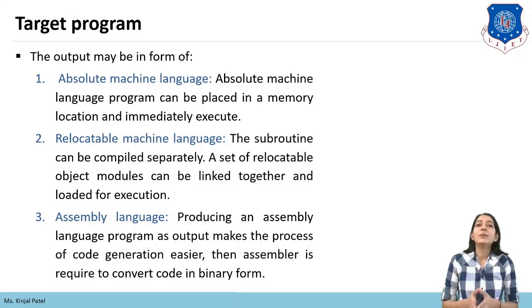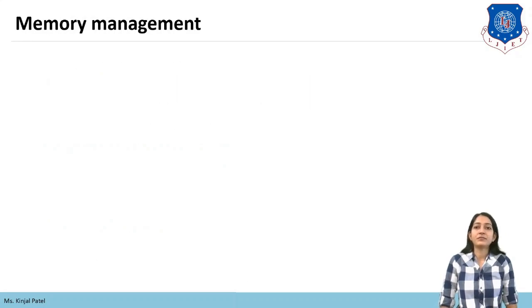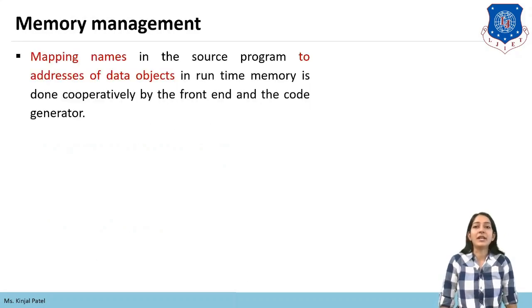When the program is larger, meaning there is a larger number of modules in the program, then it is preferable to use an assembler to convert our assembly language into machine language. And when our modules are small, then we can generate absolute machine code or relocatable machine code from the source program directly. And the most popular one is relocatable machine language. Now the third issue is memory management.